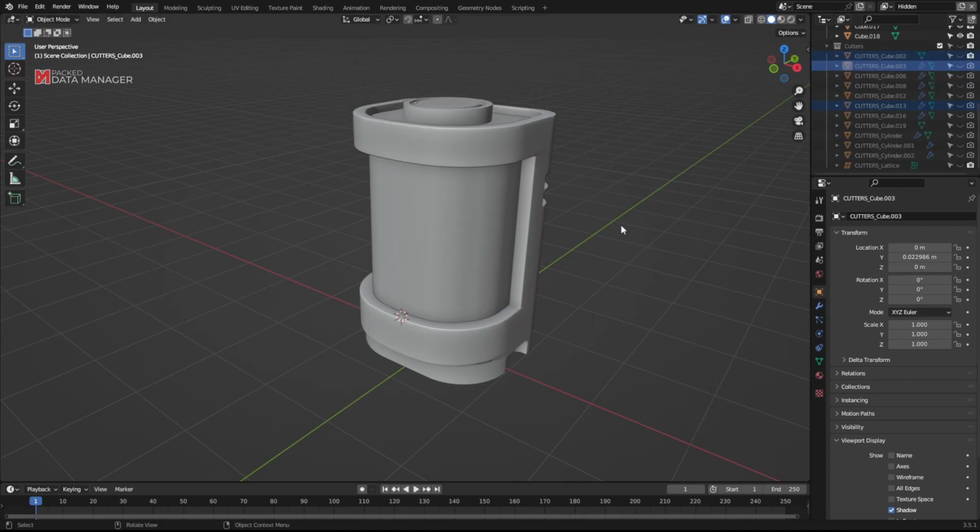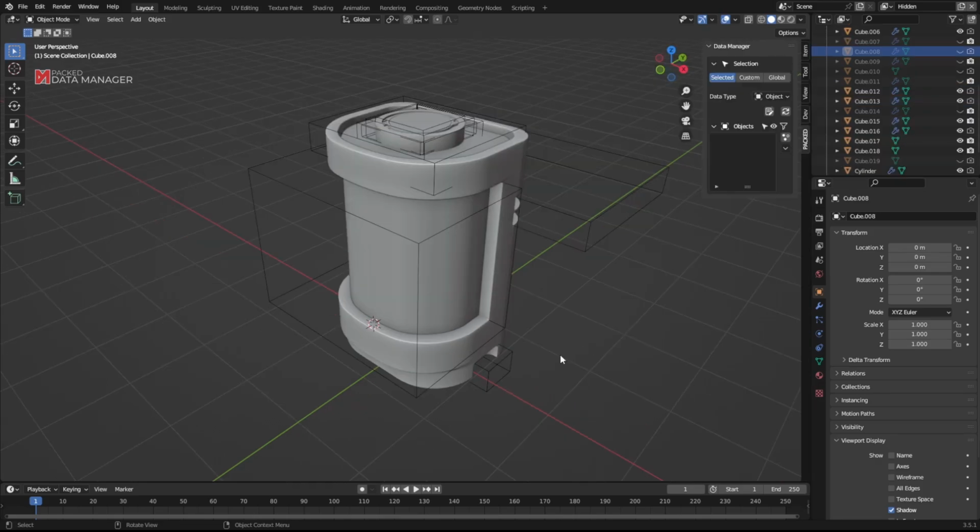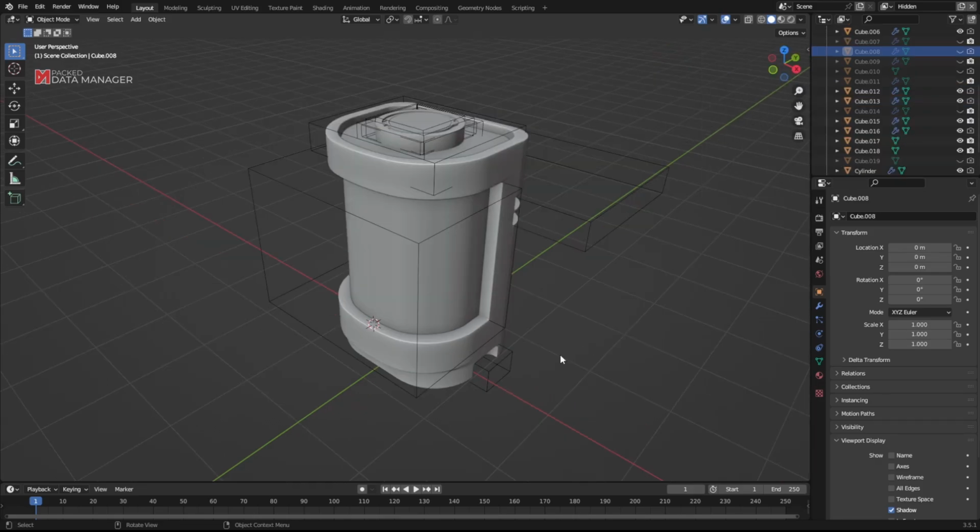And we're done. Compared to our previous example, this one involved a lot more hassle having to remember the objects that are hidden and having to unhide them and hide them again. So now let's see how we can effortlessly achieve the same with Packed Data Manager. First, let's open up the add-on interface.